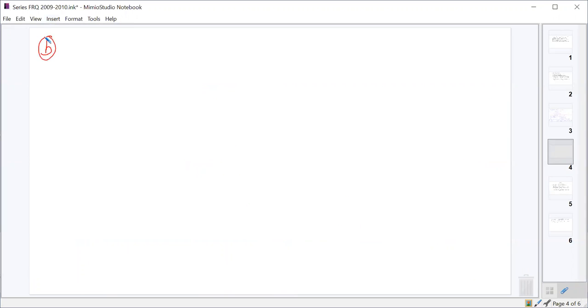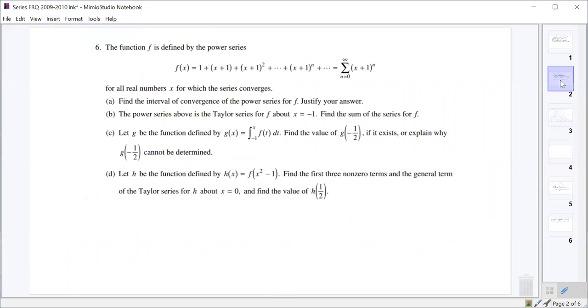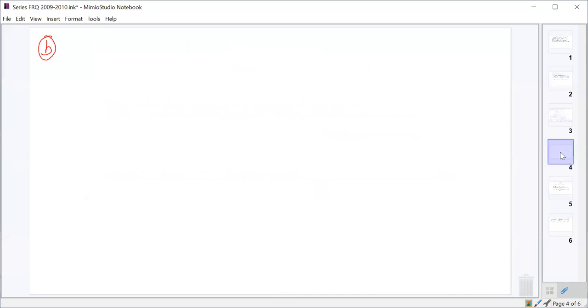Part B. What did Part B ask us? Part B says the power series that they gave us is the Taylor series for some function f about x equals -1, and we want to find the sum of the series for f. And so in this one, we really should recognize, hopefully right off the bat, that it was geometric. And so we know that since it's geometric